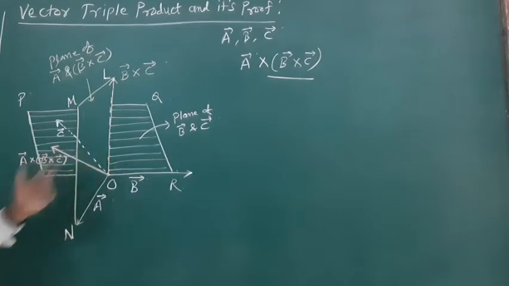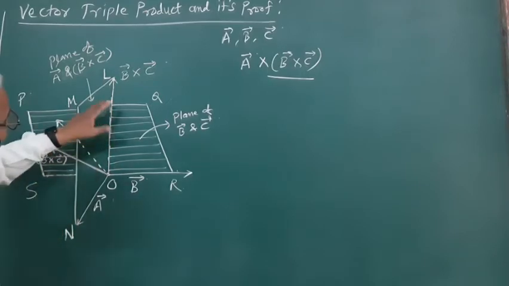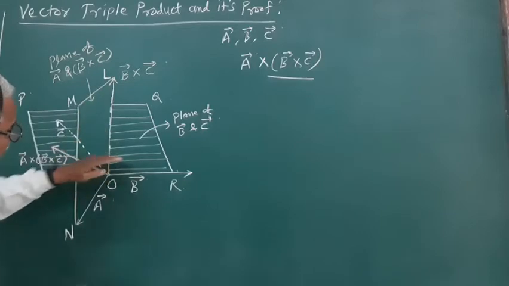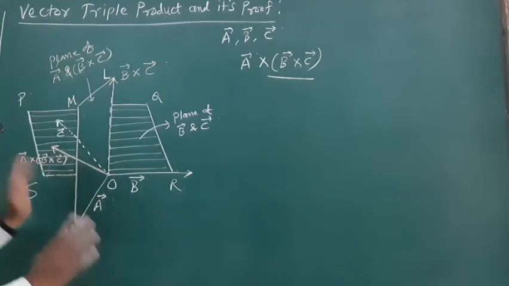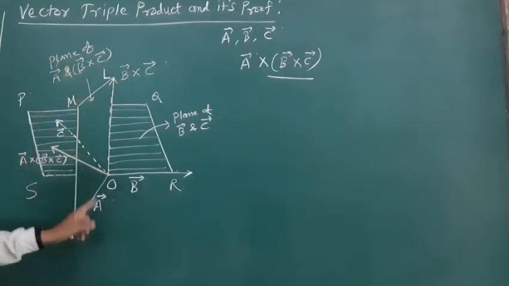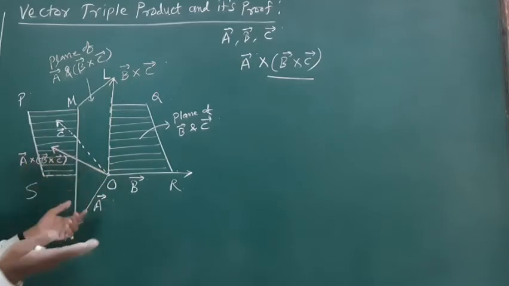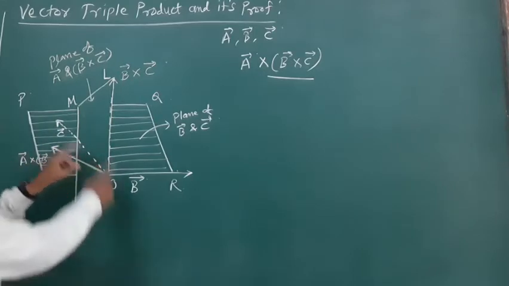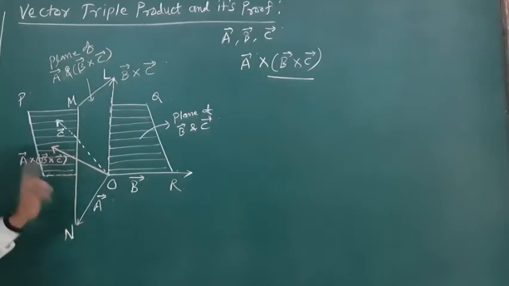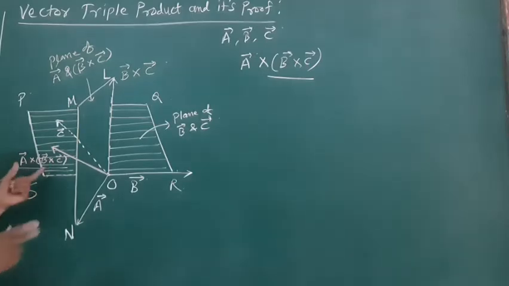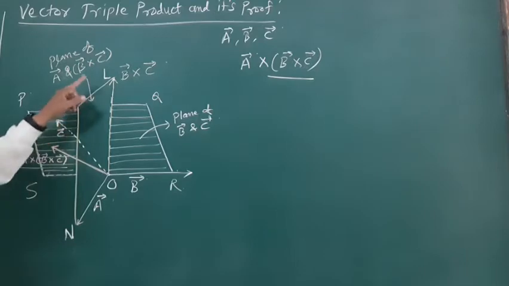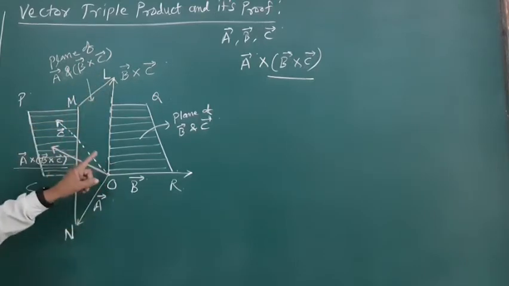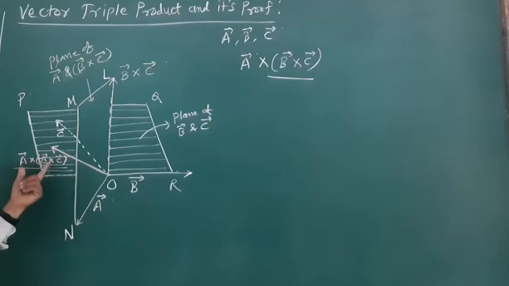As we observe here, since the vector B bar cross C bar is perpendicular to the plane of B bar and C bar, that is the plane PQRS, the plane of A bar and B bar cross C bar is naturally perpendicular to the plane PQRS. So when we evaluate the cross product of A bar with B bar cross C bar, this resultant vector will again be perpendicular to the plane LMNO, so that this vector A bar cross B bar cross C bar